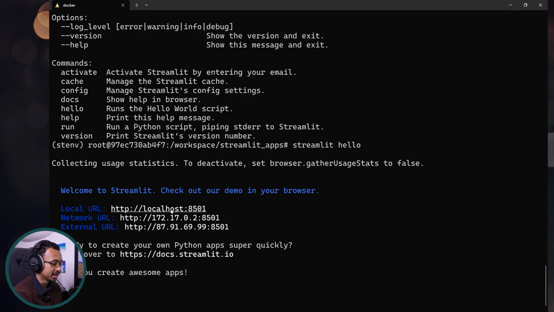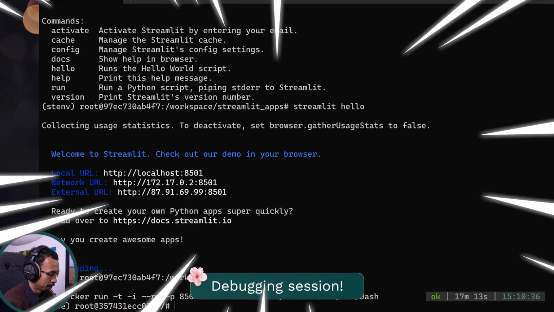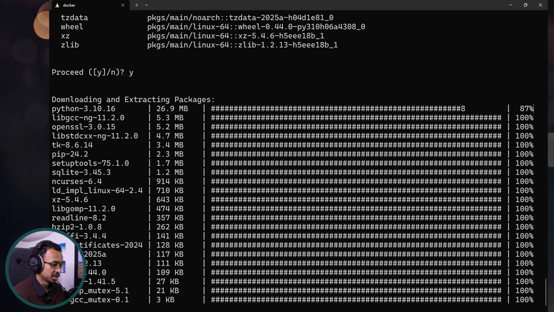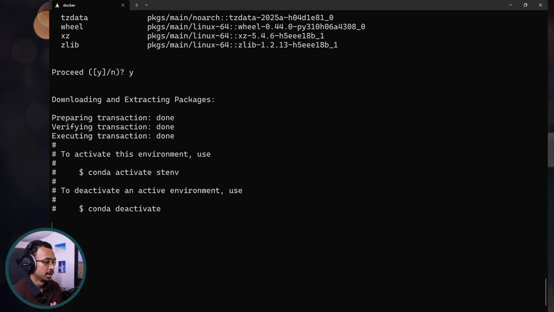So you go click on the link, localhost 8501, and oops, I forgot to do something. It should show you a Streamlit app. Wait, I'm going to show you. Okay, there's also, while I'm creating this new conda environment, because I forgot to expose the port, don't be scared